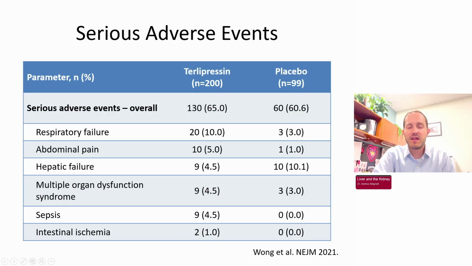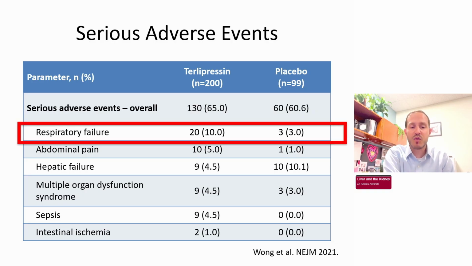Any drug that doesn't modulate the mortality of a disease, and again, this is not a drug that improves survival on its own in any particular trial, needs to be looked at very carefully in the setting of its adverse events. The most common adverse event that I see is probably abdominal pain, and it's an on-target effect. It is a vasoconstrictor that is designed to constrict the splanchnic circulation and push blood into the systemic circulation via the V1A receptor, just like vasopressin would. And so abdominal pain, cramping, diarrhea, nausea, very common, and is usually dose limiting or dose responsive. So you can often get around that with either lowering the dose, or in Europe they use a continuous low dose infusion rather than bolus dosing.